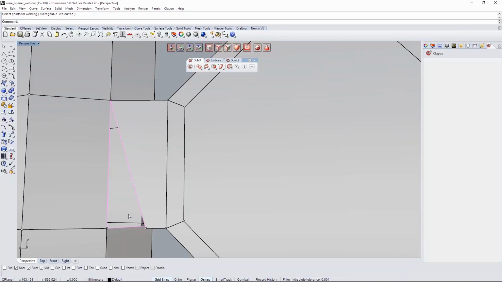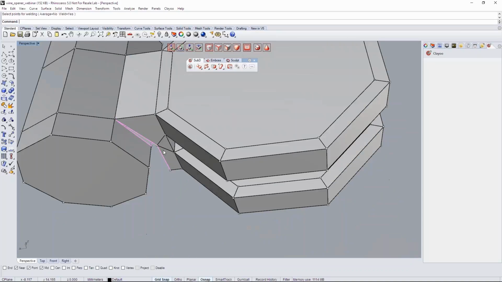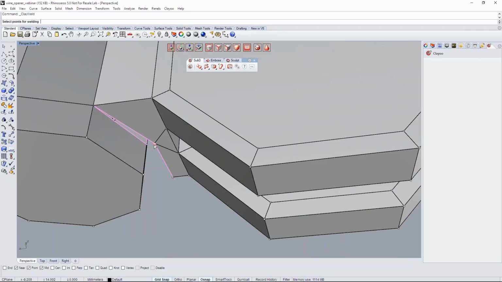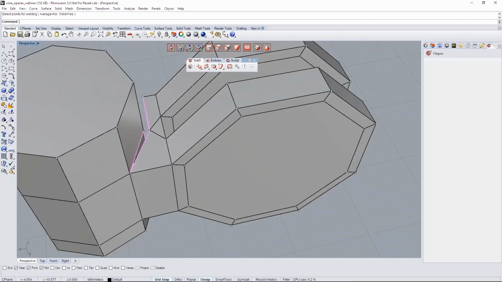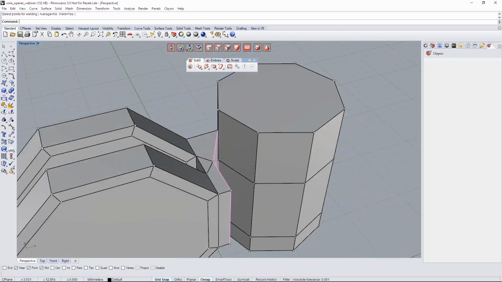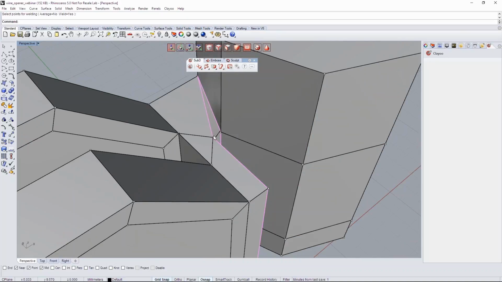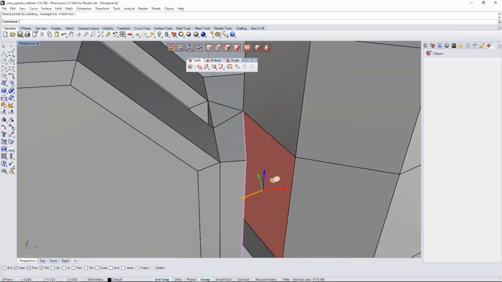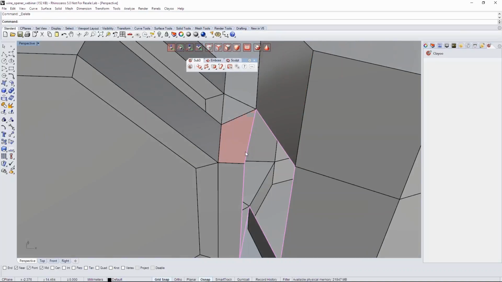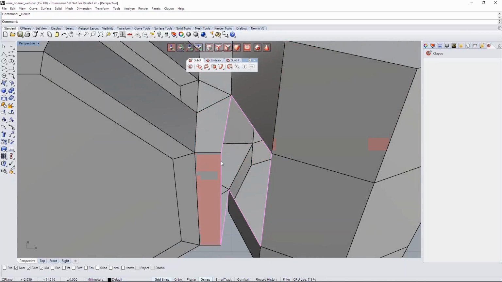Let's go to the bottom one, repeat the command from this point to this point. The first selection is going to be the point that it's going to move, and the second one is the one that it's going to snap to. Okay, so from here to here, I'm going to delete this face. So clicking face selection mode, delete the face,